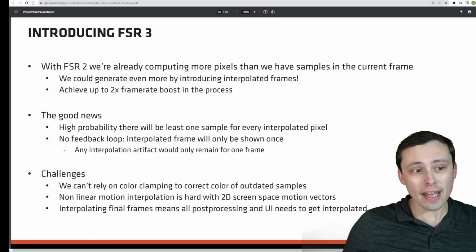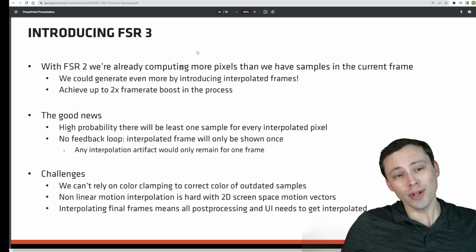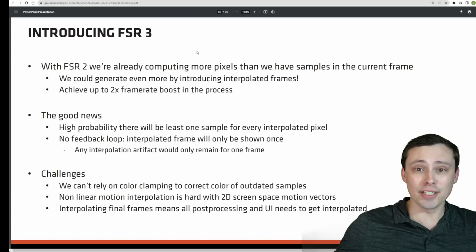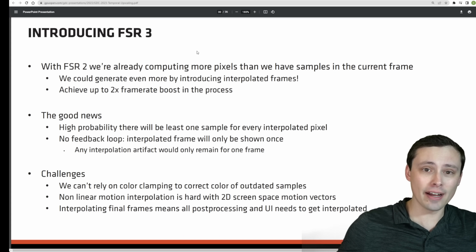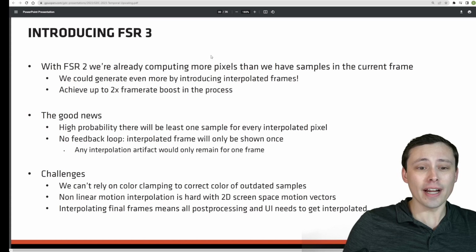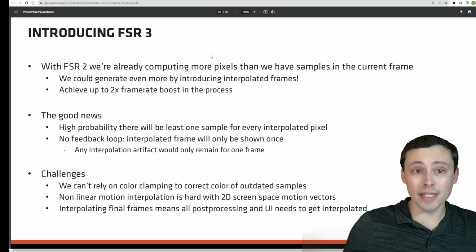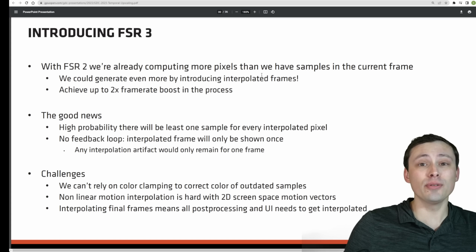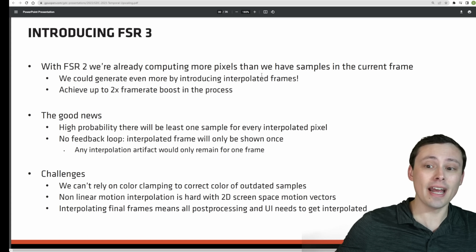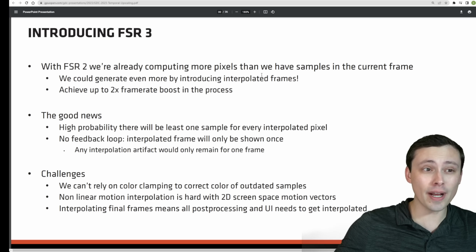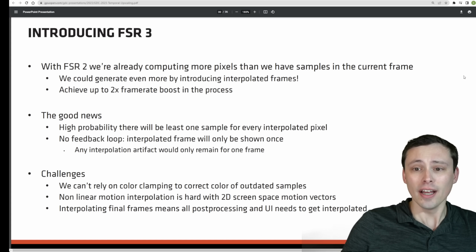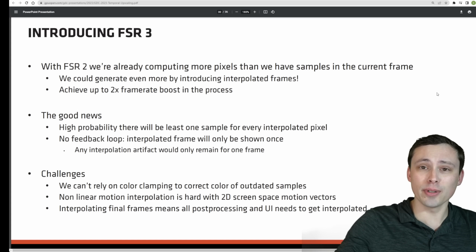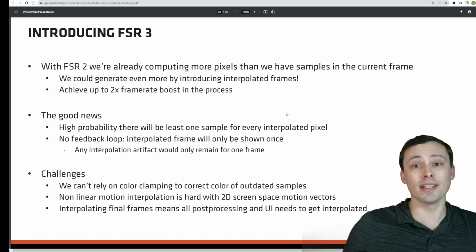So introducing FSR3. AMD did talk about FSR3 at GDC, and we do finally have their slide deck. However, I will say it's not as much detail as we maybe hoped. Now, speaking of detail, they went into incredible detail on FSR1 and FSR2 and a whole bunch of FidelityFX tools, how they're improving tons of stuff. But let's just start with what they said about FSR3, because I think that's the thing that most gamers are